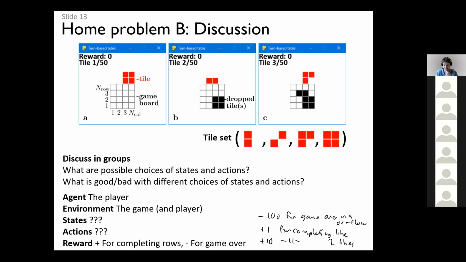Yes, if you didn't know the size of the space, you would try to make actions that are not allowed. Maybe you try to place the tile outside of the game board, and then the environment should respond by giving you a penalty, because that's not an allowed action. Okay, so we don't need to know the space fully. Well, in principle, not, but